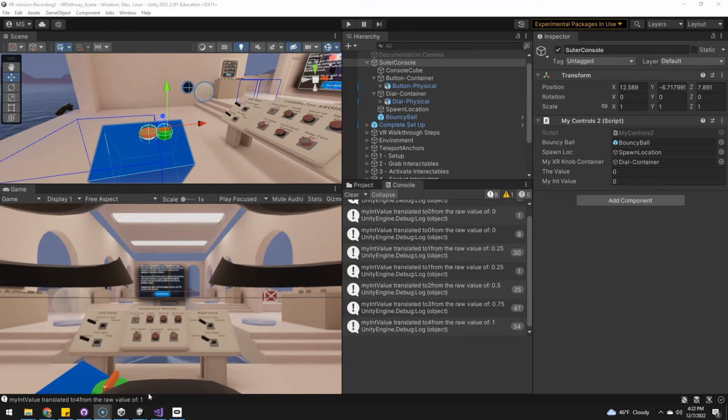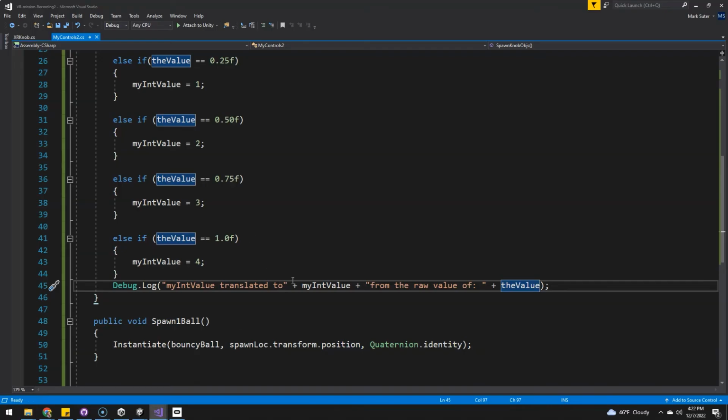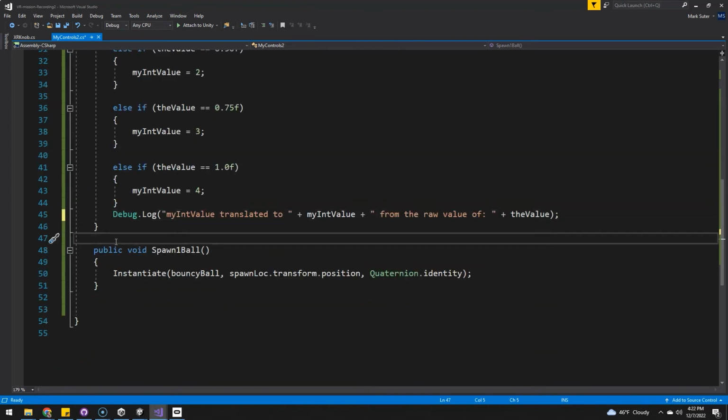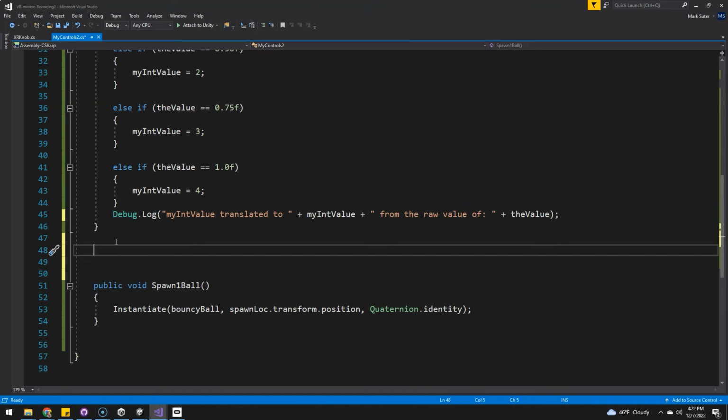Okay, so now we're to the part of the code where we actually want it to spawn the right number of balls based on where the dial position is. So let's go back to our script here. I need to put a space in there because that bothers me. We don't really need that, but now we're gonna use what's called a coroutine. It's kind of like a function, except we can control time, like delays in between events, etc. And to start that, IEnumerator, and then I don't really know what that means, to be honest. Spawn away,